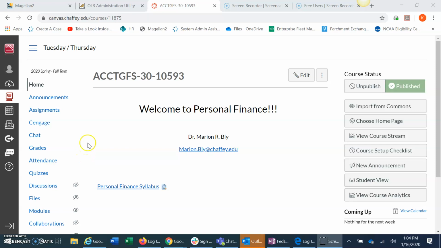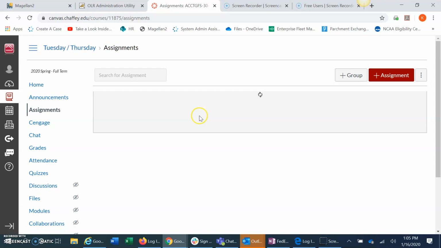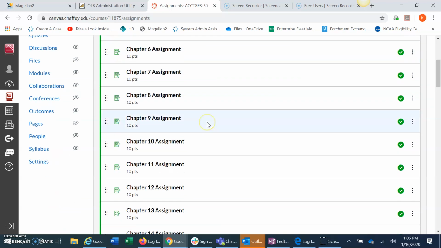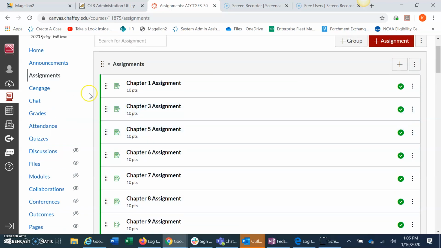Okay, so here's what I figured out. All of your Cengage imports go straight to modules. And so I looked at your assignments here, and I'm not sure. I think these are unrelated Cengage assignments. That's my assumption. Because when you click on them, it's just,